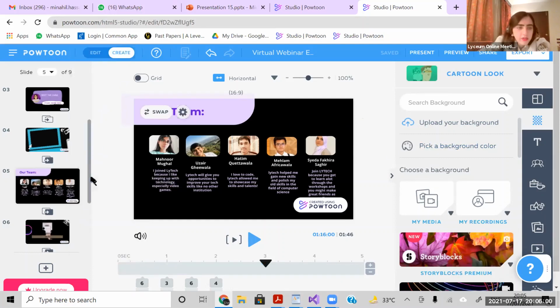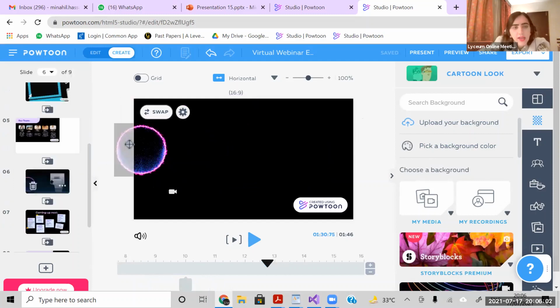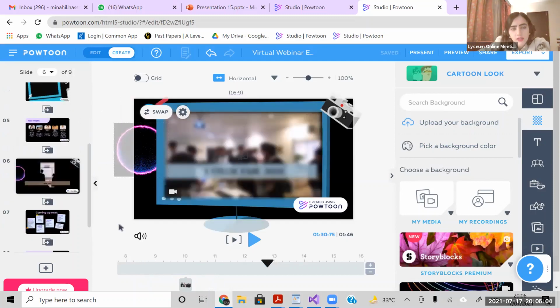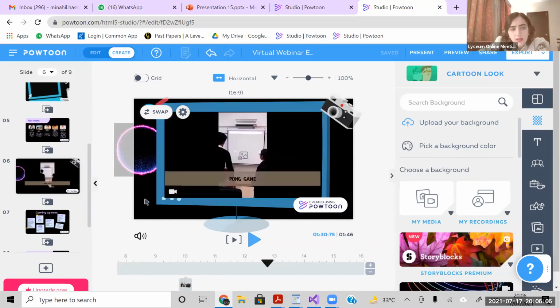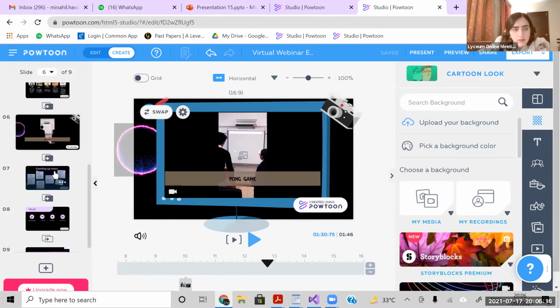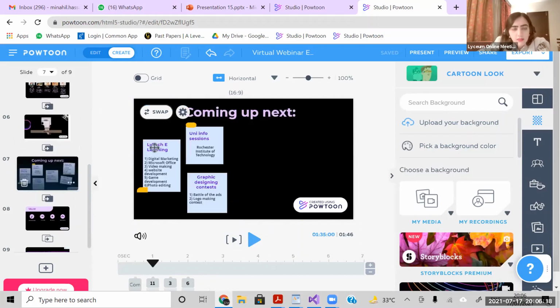And then let me go to the next slide. So I have this little ball coming in here because this was black and it looked nice here. Then again, I chose a frame. I inserted my video here for it to work. And then you can have little shapes like this. You can have text on top of them, or you can import